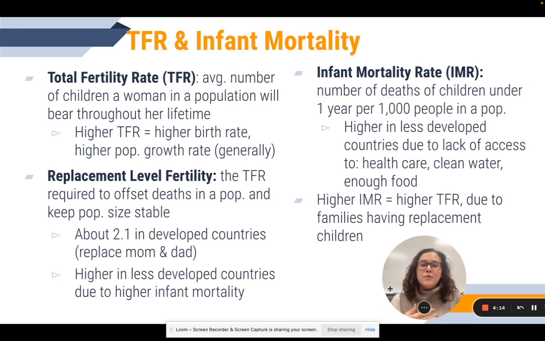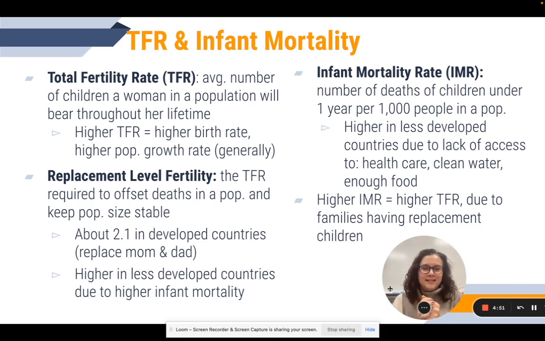So when we're talking about total fertility rate, we're looking at just the average number of children a person can have. Higher birth rates are going to mean higher fertility rates, and that means the population is going to grow more. We also have to take into account infant mortality rate, which we abbreviate IMR, which is the number of deaths in children under the age of 1 per 1,000. So we see higher infant mortality rates in less developed countries because they have less access to sanitation and to healthcare and that sort of thing. And that's going to relate to